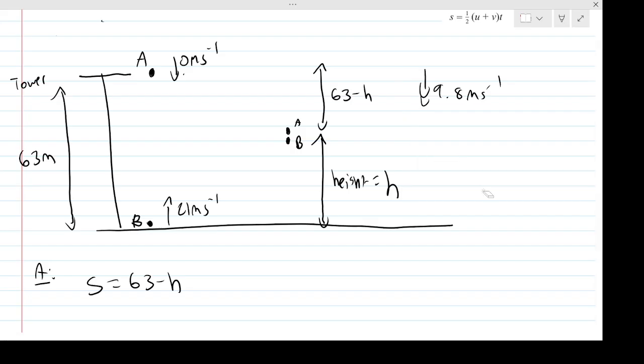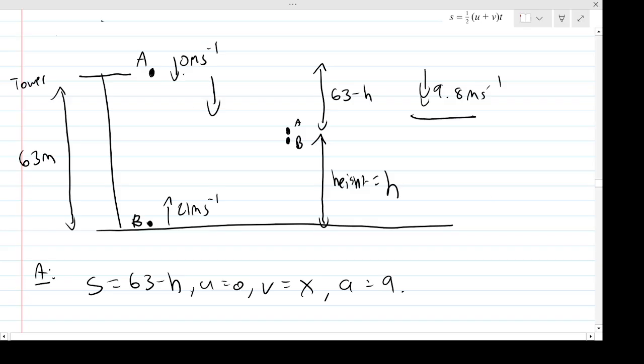Right. Then, again, the initial speed of A is 0, right? It was at rest. I don't think I care about the final velocity when they meet here. A, again, it's going down, so we're treating downwards as positive here. Generally, the direction we take to be positive is where it moves. If it's moving down, then the acceleration will also match that to be positive 9.8, okay? And then time,